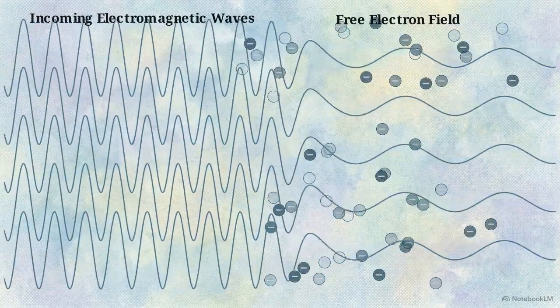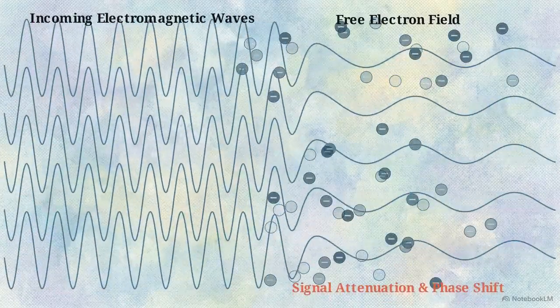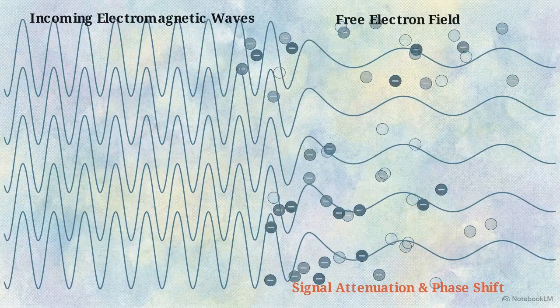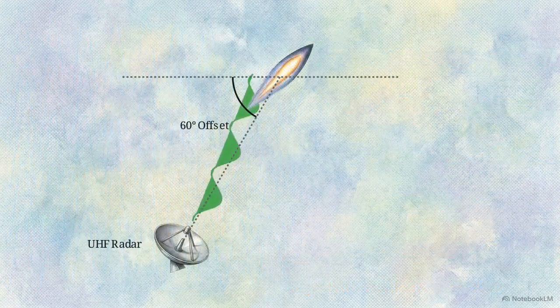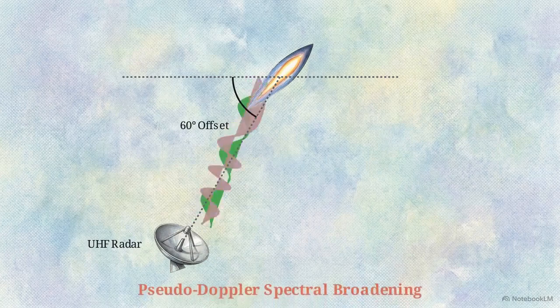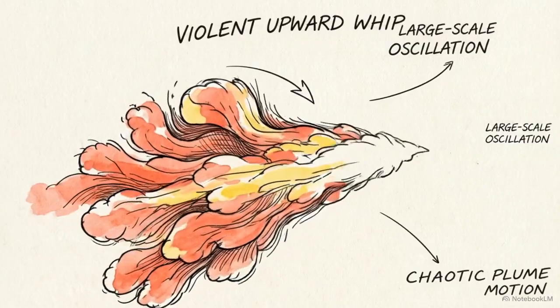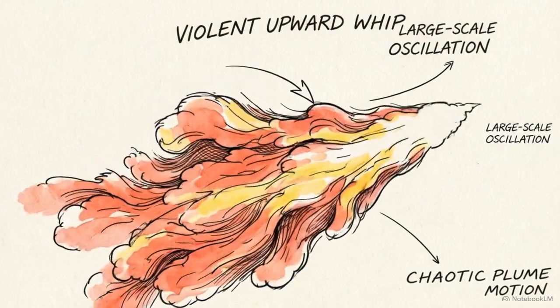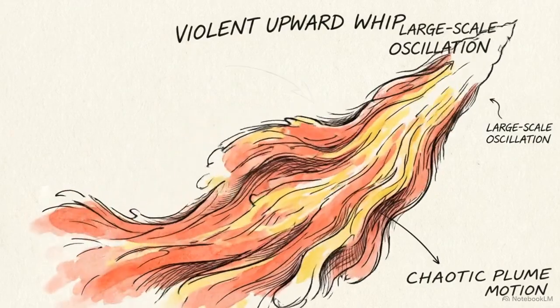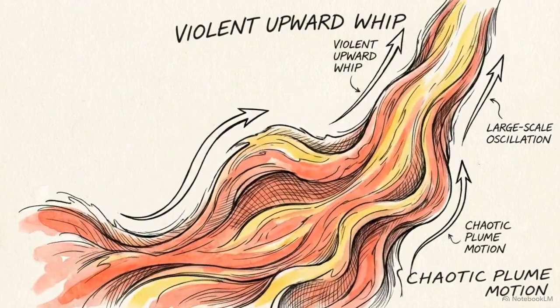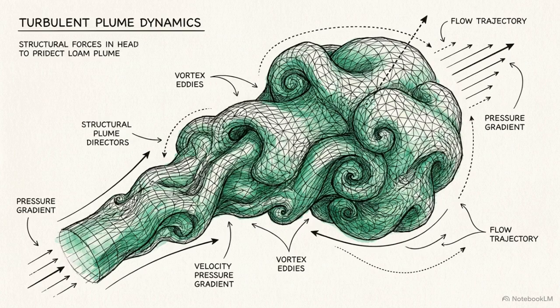This charged field interacts with incoming electromagnetic waves, resulting in significant radio signal attenuation. For radar detection, the critical dependent variable is the pseudo-Doppler spectral broadening of the backscattered wave, measured using a UHF radar offset at a 60-degree angle. This spectral broadening is a direct product of macroscale physical oscillations occurring within the ionized field over time. Because steady-state algorithms cannot resolve these transient oscillations, predicting the radar signature requires the high-fidelity, multi-phase implicit large eddy simulation